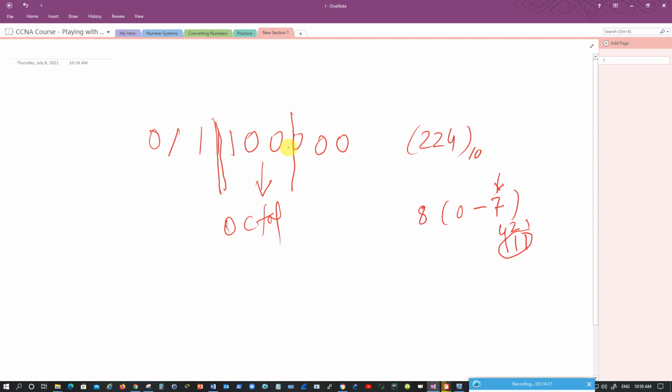Now in order for me to convert this to octal, I'll use the powers of 2, starting from 1 to 4. Again here 1 to 4, 1 to 4. Now any place which has 0 should be skipped because we are multiplying that number. So this will become 3. I'll write down here 3. This should be 4 because we don't want to take 2 and 1 because they are above 0. And here all of them are 0. This is the octal equivalent of the same decimal number 224.